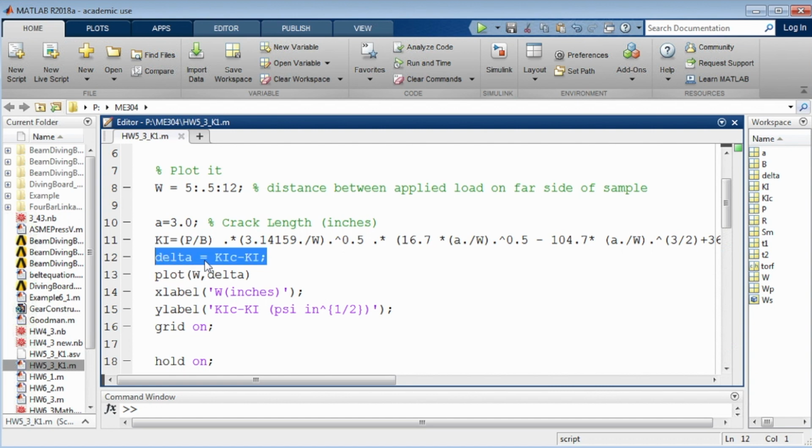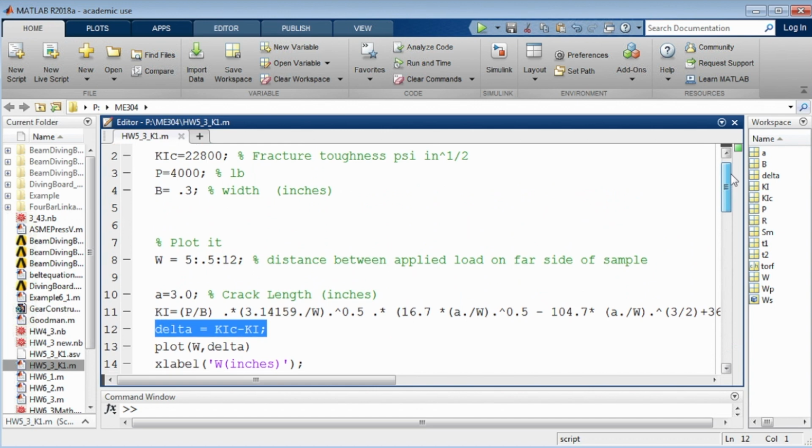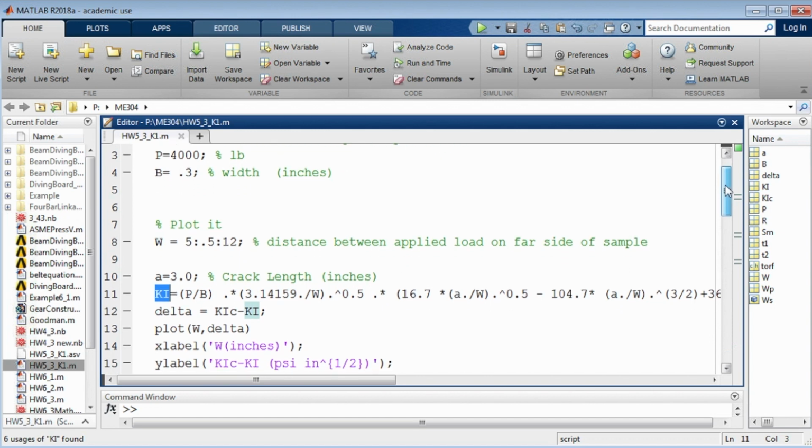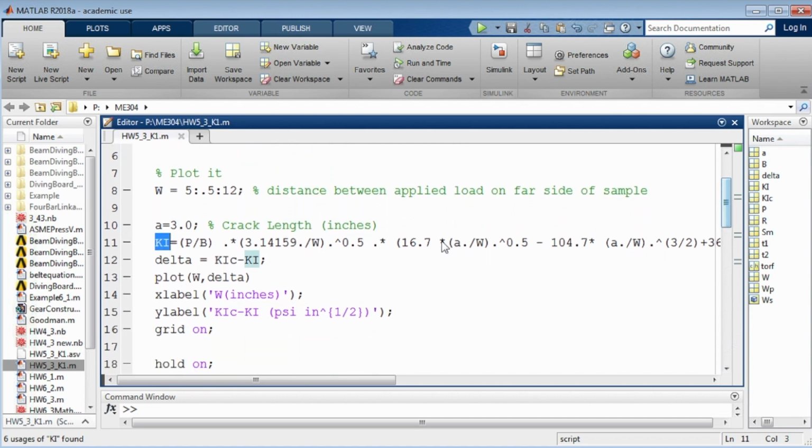Now the delta is my value of K1C, which was the given fracture strength of 22800, and I'm subtracting off this value of K1 that I'm trying to find. So if delta is 0, that means that I've satisfied the equation and it's found a W